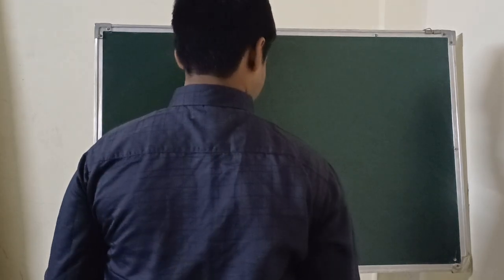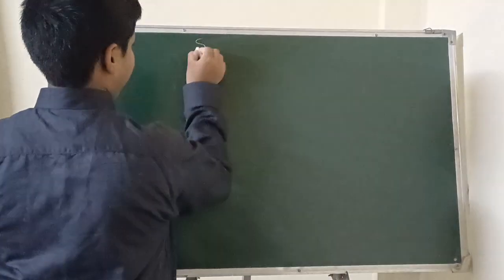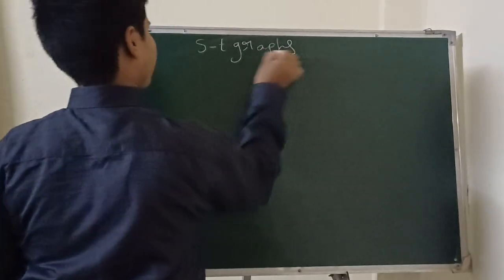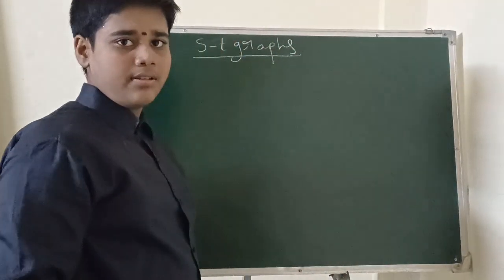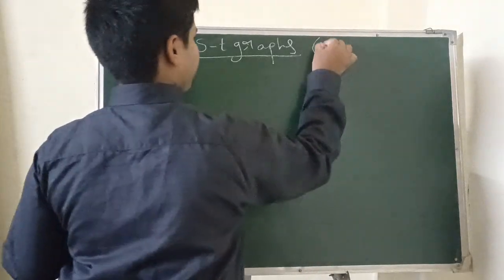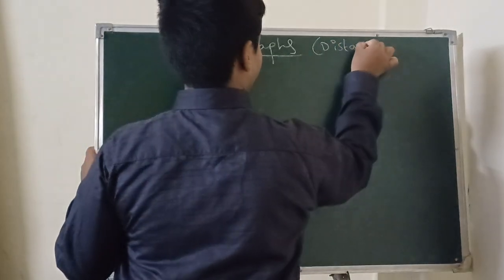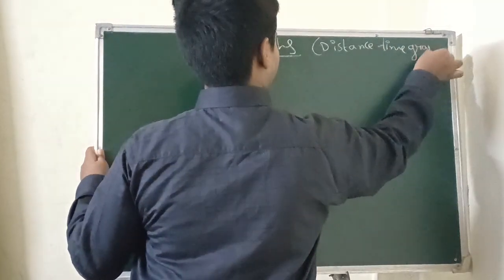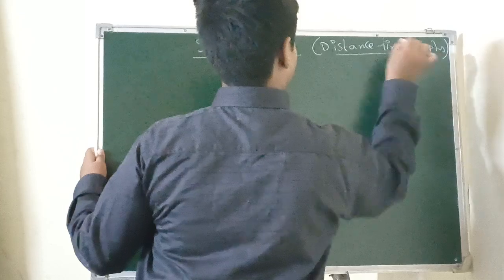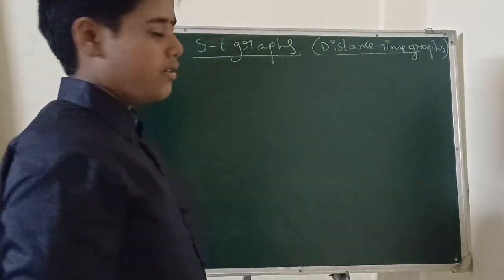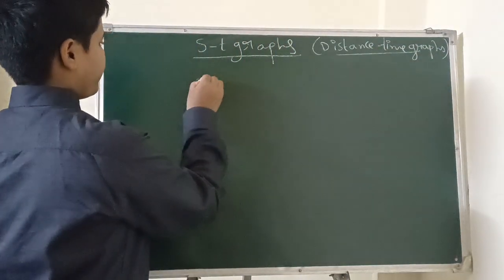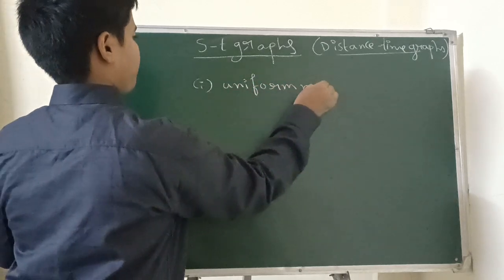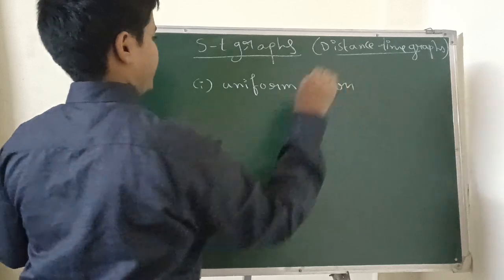So if you see here, ST graphs. ST graphs is nothing but distance-time graphs. So in this, the first one is uniform motion. Uniform motion means